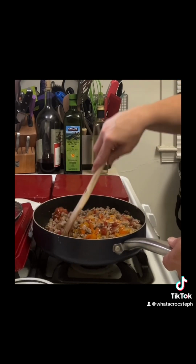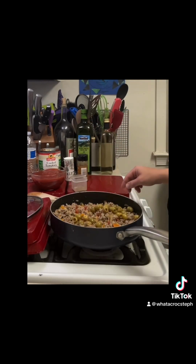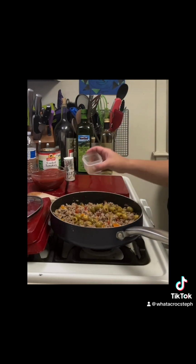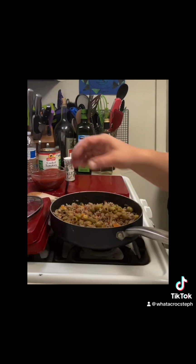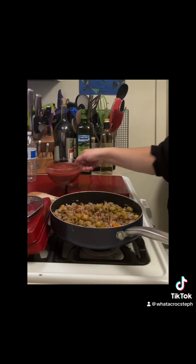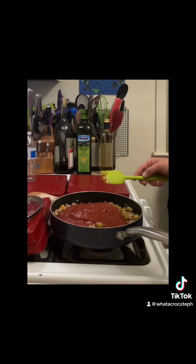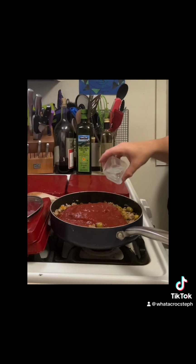Then I have here some Spanish olives. I'm going to add in the olives plus 2 to 4 tablespoons of the olive juice as well. Going to add those to your pan. Then we're going to add in 1 teaspoon of cumin, a little more salt,